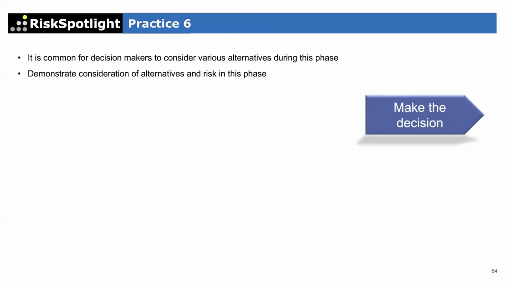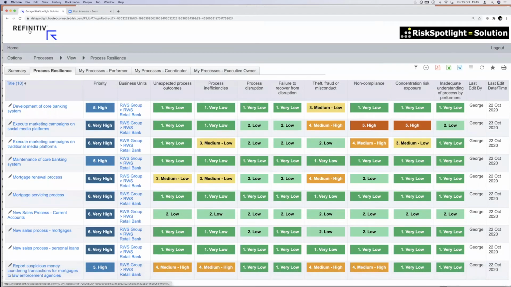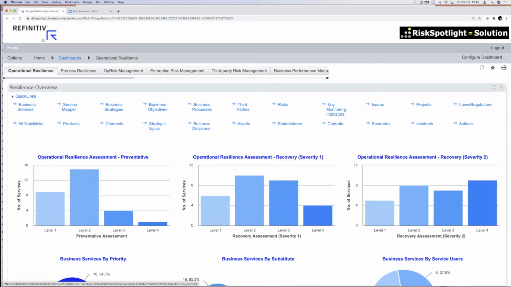So this is where, as part of making the decision, a key element is considering the different alternatives. So let me show you. This is an example of how we have incorporated this, because this is also a very important first line activity, and there is no risk management tool right now which provides a structured process to make business decisions, because that's a first line activity. So they don't cover first line activities. They just give you risks and controls and incidents and issues.